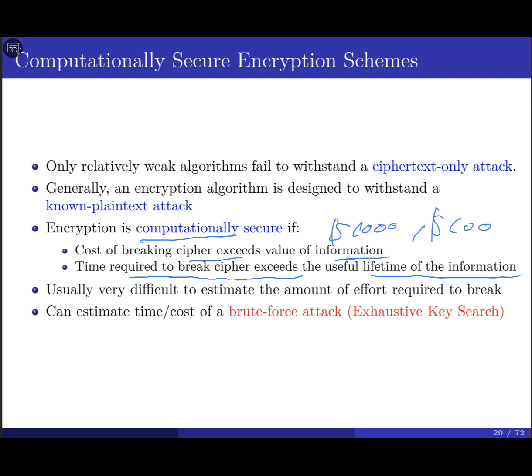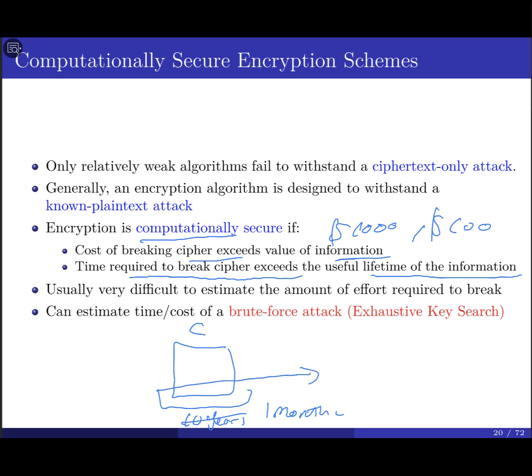No, I'm just trying to define computational security. Yes, if you just want to get the free credit, maybe get an A, okay? But say this is the ciphertext, okay? Then you're going to spend, for example, let's say 10 years, or let's say 1 month, in order to decrypt this information. And the ciphertext contains sensitive information that is valid only for next week. So you spend a long time for nothing.